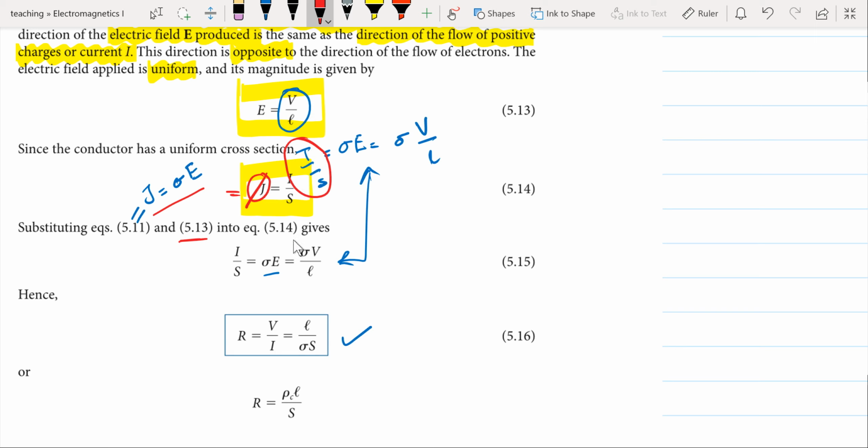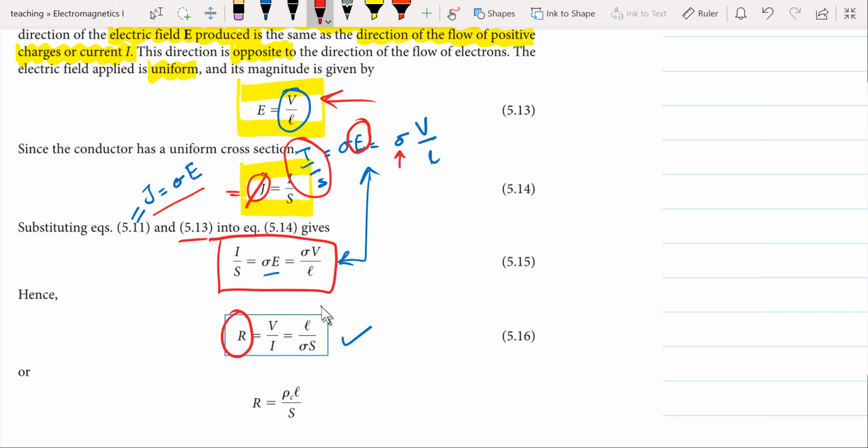And we can also replace E on the right hand side of equation 5.14 with its value that we obtained at equation 5.13, and that gives us sigma V over L, as you can see in equation 5.15. And therefore, if you set V over I as a constant R, then these other parameters can be represented by